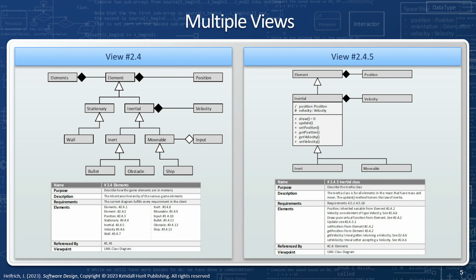Now, here's another view. I'm going to call this view 2.4, and it looks to be a class diagram. Its name is elements. Its purpose, to describe how the game elements are in memory. A description, an inheritance hierarchy of the various game elements. The requirements section is also filled out. And notice that each individual class referenced has a name, element, position, stationary, inertial, and has a subview corresponding to it. For an example, if I look at inertial